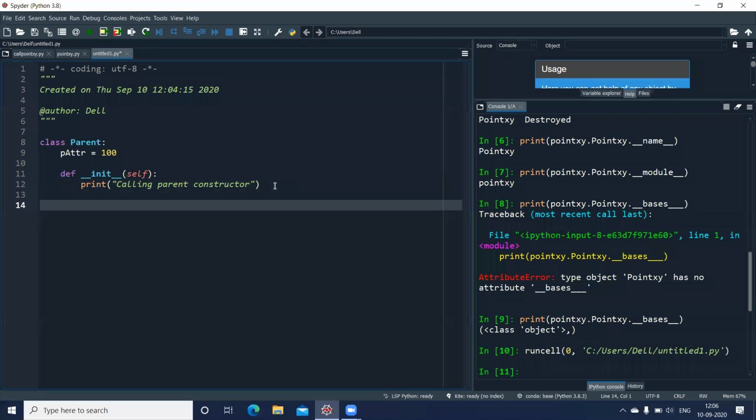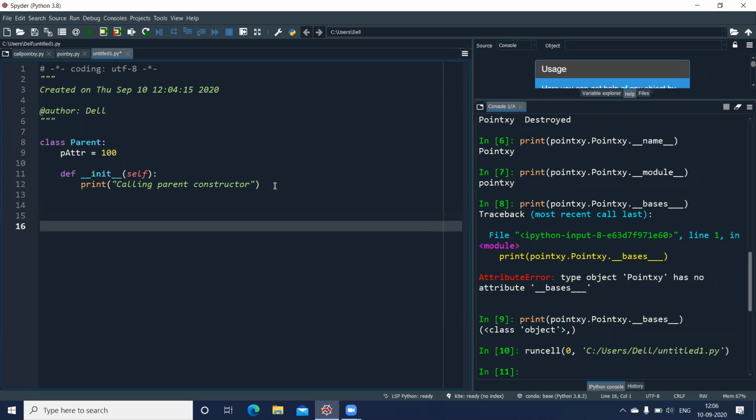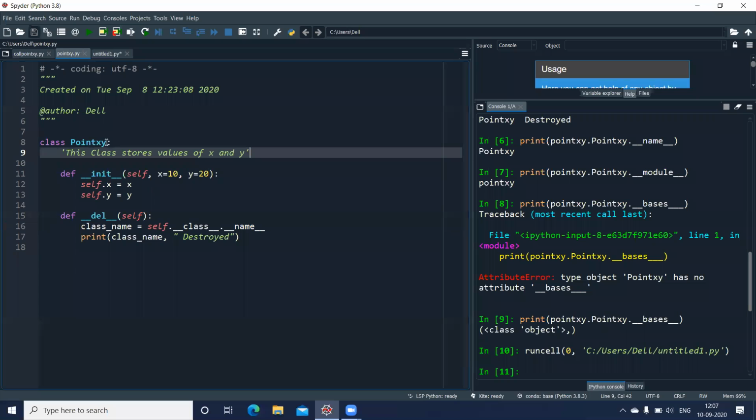I'll go back. Okay, so I have one attribute here and I have one method here. I'll write one more method later on, but let us see how to write the subclass or the child class. So we write class, let us give the name as child. Now we give the round brackets here. If you look at the previous class which we have declared here, there are no round brackets. Even in the previous program which we did, no round brackets were there.